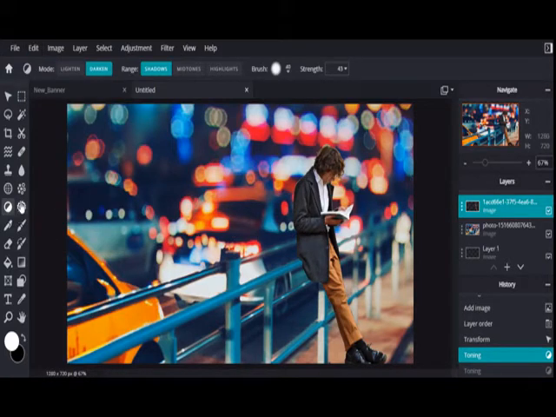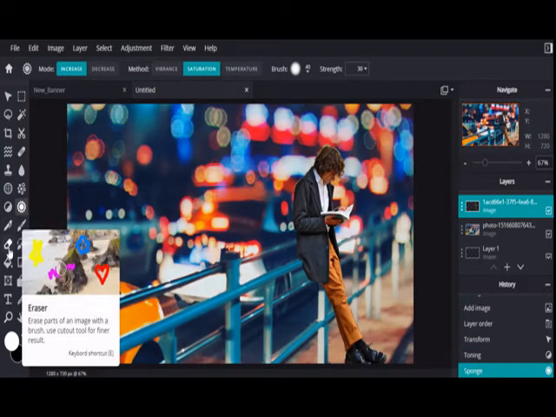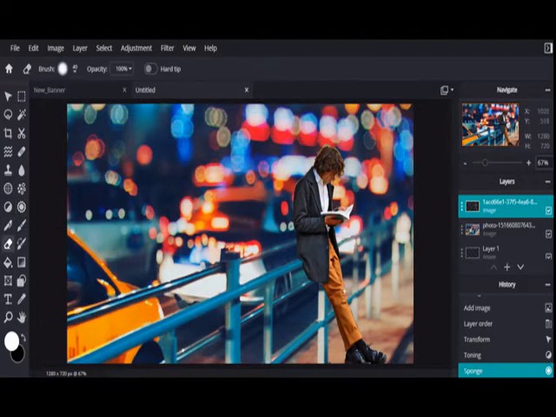When you are working in layers, each layer is treated separately. In this layers palette I have only this person, there is no background. So if I use this darkening tool, it will only darken the person, not the background. If I want to darken the background, I have to select the background layer and then use the tool.